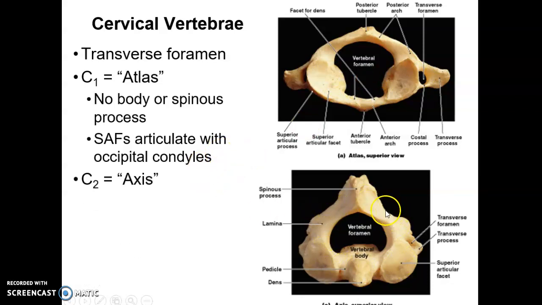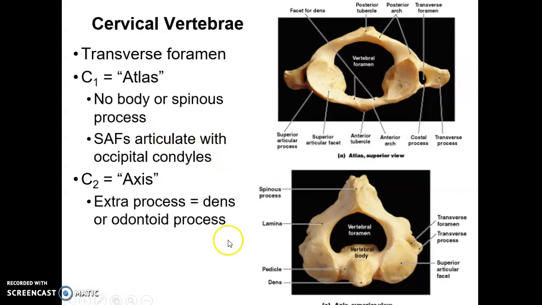And then C2, cervical vertebra 2, is called the axis because it has a bony protrusion called the dens that sits right there and allows the atlas, C1, to rotate around this dens, and it allows you to do that no motion with your head, left to right, no, no, no. That extra process is called the dens or the odontoid process, and that sits right in there, and it forms a pivot joint with C1, the atlas,